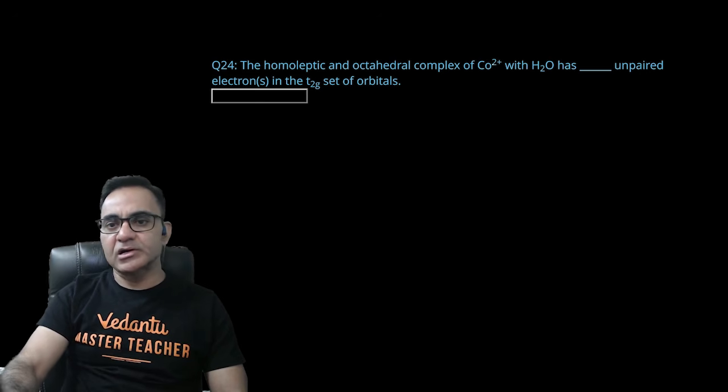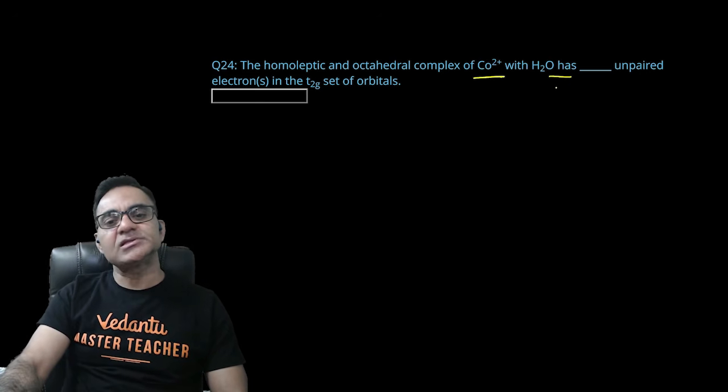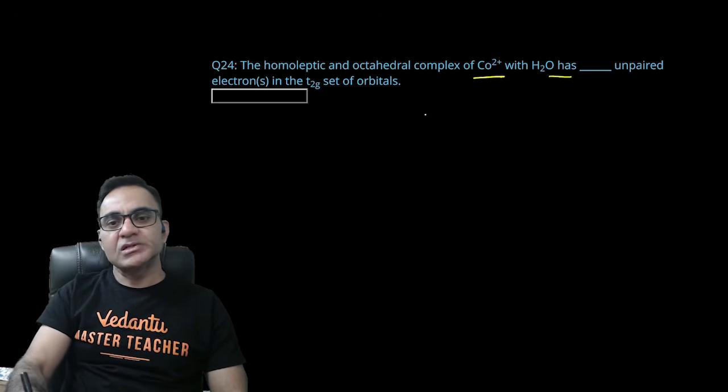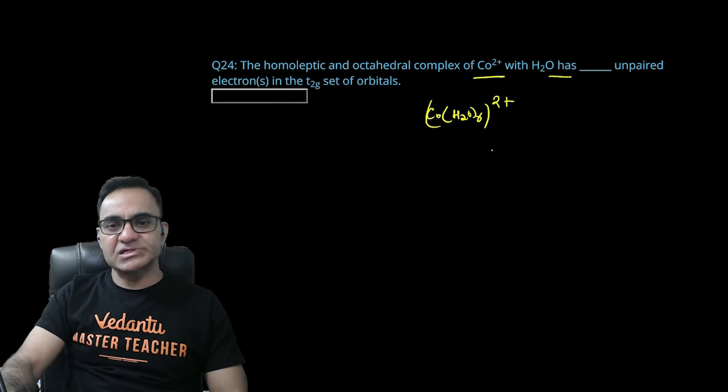Homoleptic and octahedral complex of cobalt with water has how many unpaired electrons? ये बताना है कितने unpaired electron इसके अंदर होंगे। देखो homoleptic and octahedral हुआ Co(H2O)6 2+, एंड कोबाल्ट 2+ है। बेसिकली कोबाल्ट 2+ के अंदर क्योंकि वीक फील्ड लिगेंड मौजूद है।